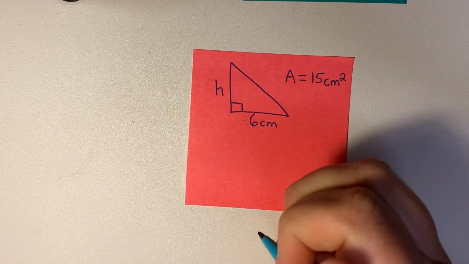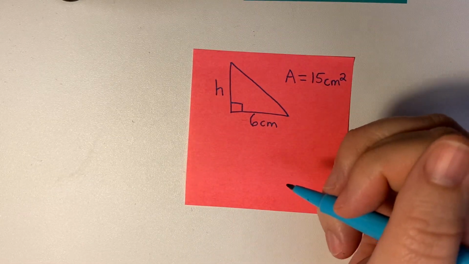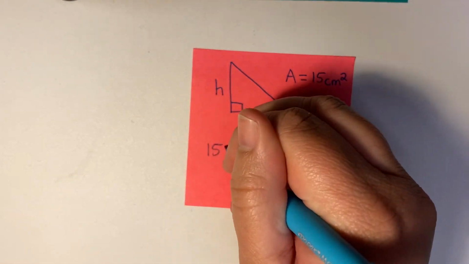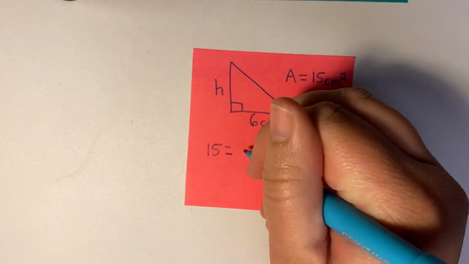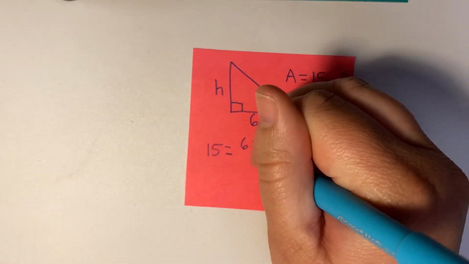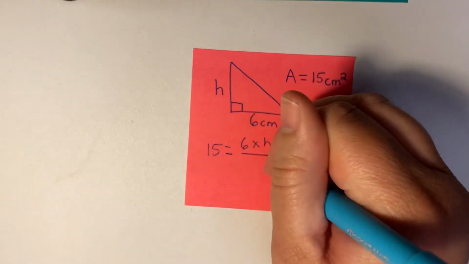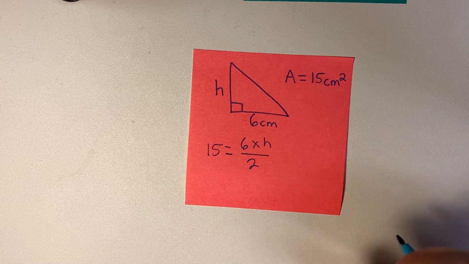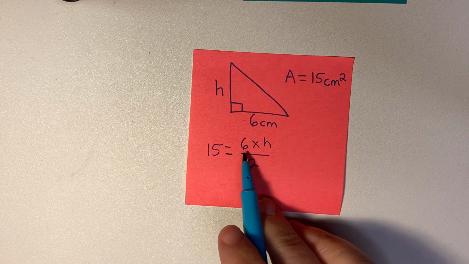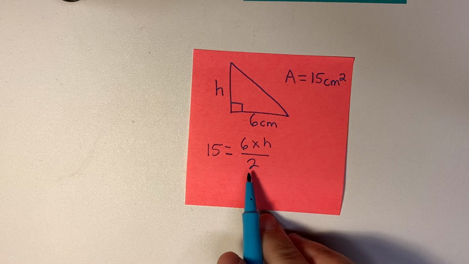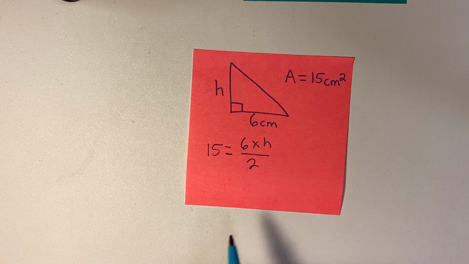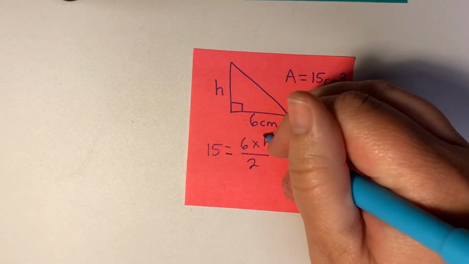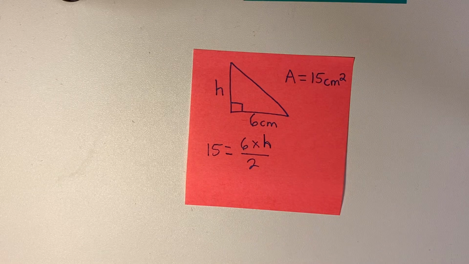We're going to do the same thing. Write out our formula, which is area, which in this case is 15, is equal to the base, which is 6, times the height divided by 2. So this has a couple more steps than the other ones because it has more operations going on in it. So 6 times something divided by 2 equals 15. Now, if you know your math facts pretty well, you do a lot of mental math, you could see what that would be. But what can we do to find it